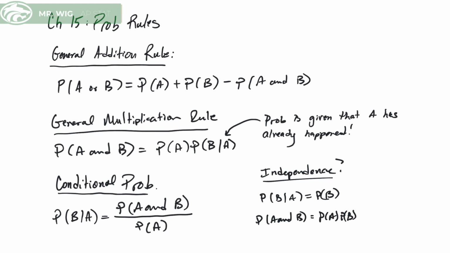Third example, we're looking at conditional probability. Let's be really clear. This general multiplication rule and the conditional probability formula are exactly the same formula, which is why you don't see both of them written on your formula sheet. On your formula sheet, you will see this one written and this one written. But note, that really essentially gives me all of these. The conditional probability